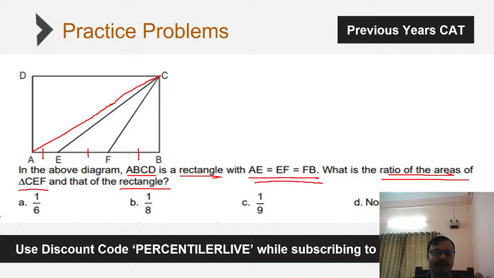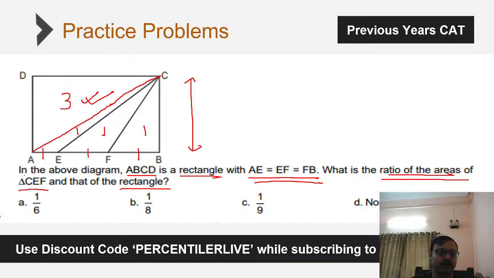The moment you join the diagonal, what happens? All three of them have the same base. AE, EF and FB are the same length. And all three of them have the same height. Which means all three of them have the same area. So let's say 1 unit. CEF is 1 unit, CBF is 1 unit, CAE is 1 unit. Which means the lower half of the diagonal has a total area of 1 plus 1 plus 1, that is 3 units. Which means the upper half of the diagonal, that is CAD, must also have an area of 3